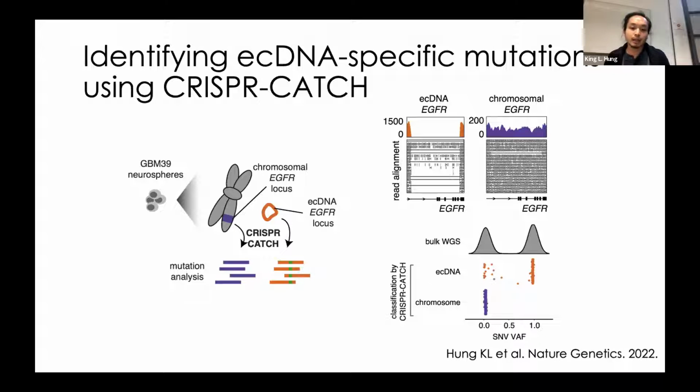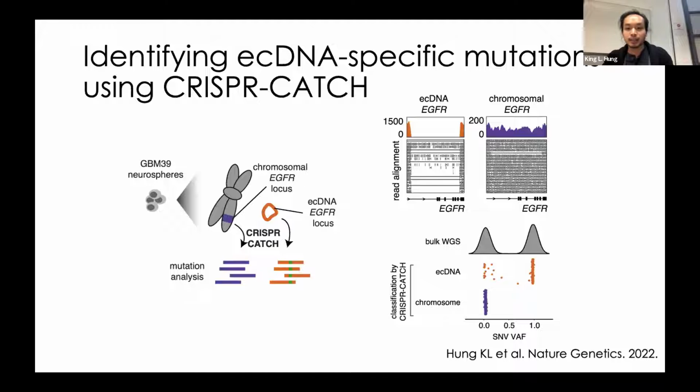We also looked at single nucleotide variants. Using bulk whole genome sequencing, what you often see in these copy number amplified regions is a bimodal distribution in terms of the frequencies of these mutations. And previously, people inferred that mutations that are very abundant are likely to be on the copy number amplified regions, and